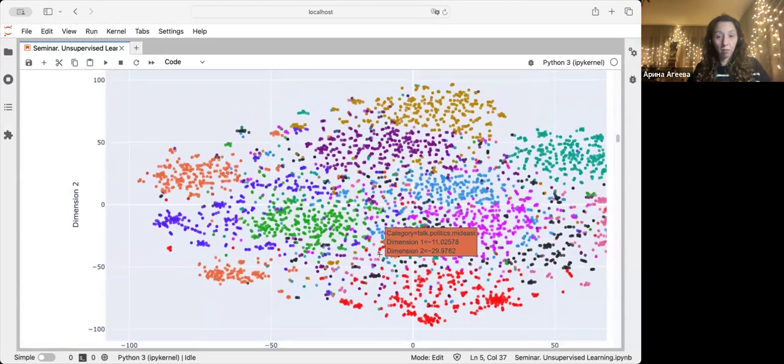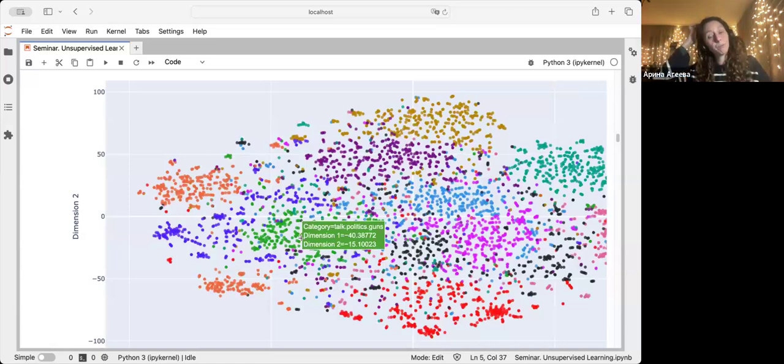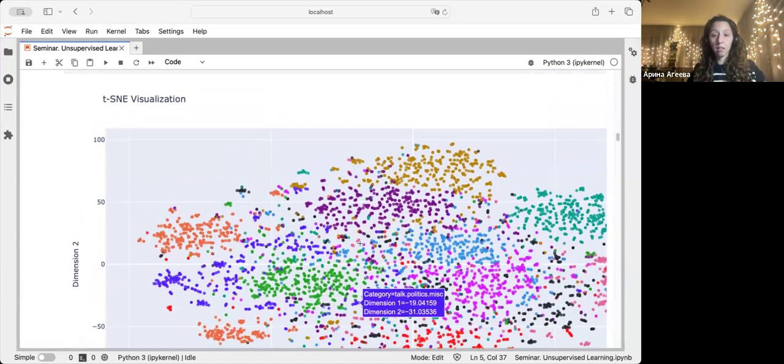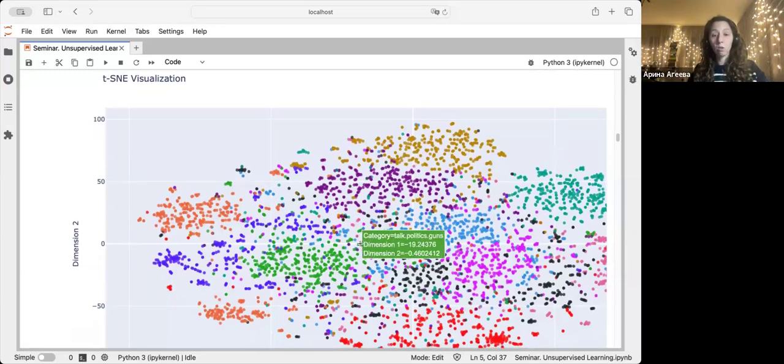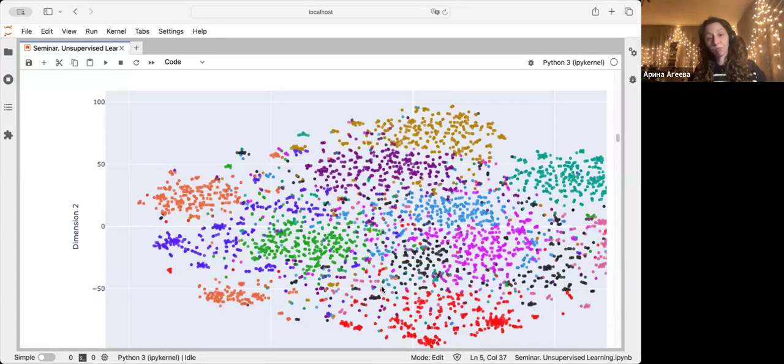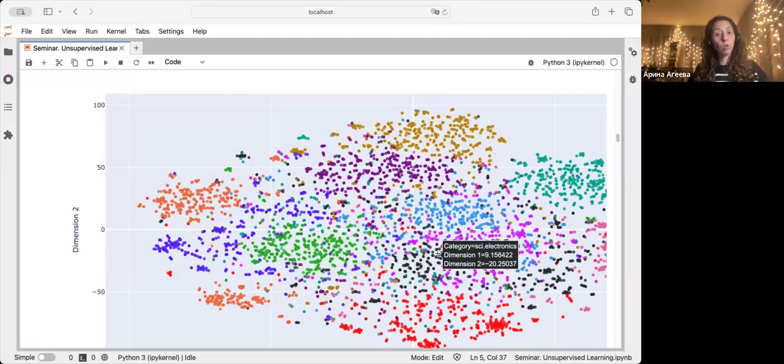So these colors are added by the classes that we have, and we can see that TSNE tries to preserve the distance between our objects, and we can see that some groups of our texts lie really close to each other, and